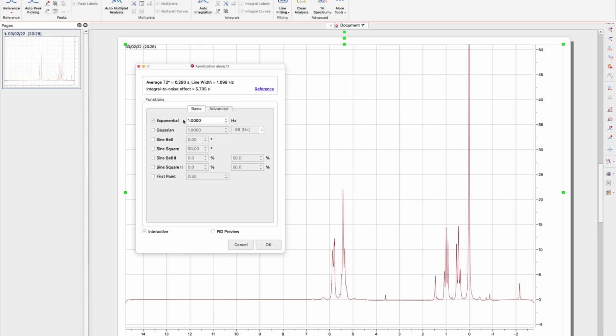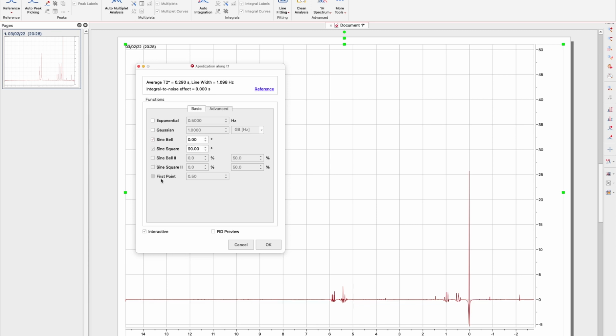That's exponential, and of course you can always change the number here to clean it up. Okay, the higher the number, the less the resolution. Let's see if I can change this to 0.5, and you can see right away that you see the fine structure. Let's go with Gaussian just so that you can see the difference. Okay, or the sine bell,